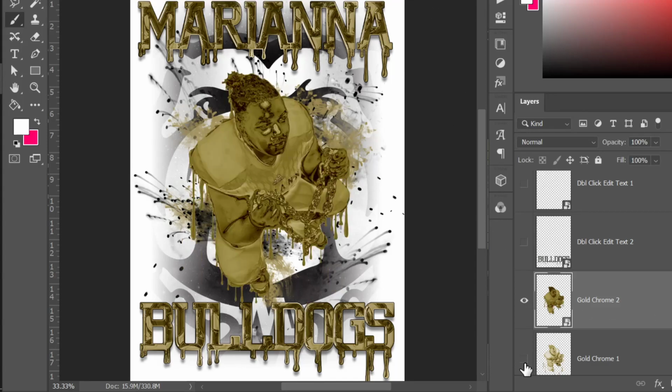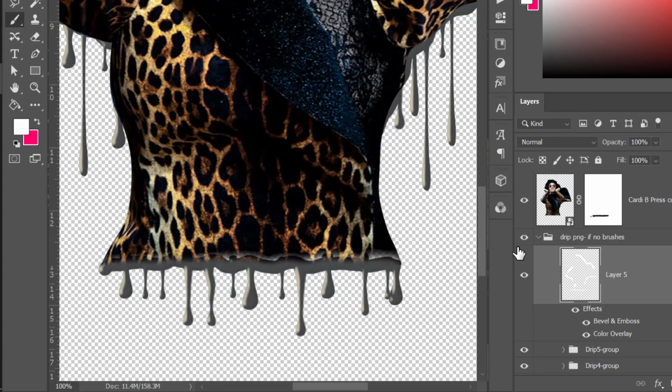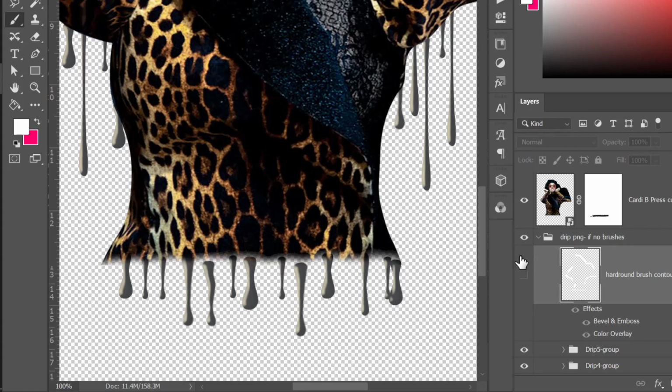I think I changed it back to this one instead of Cardi. Hold on. Oh, I didn't. There we go. So I'm just going to relabel this as hard round brush contour, and then I have to put photo, because if I put too many words here, if you have your layers panel like this, you'll be like, what did she say? I can't read over there. So if that happens,